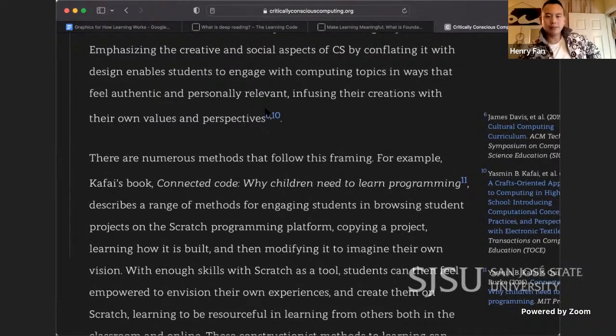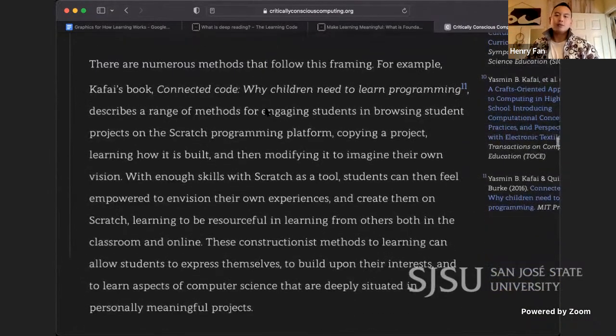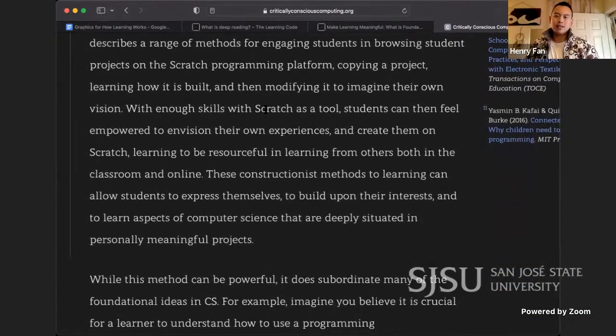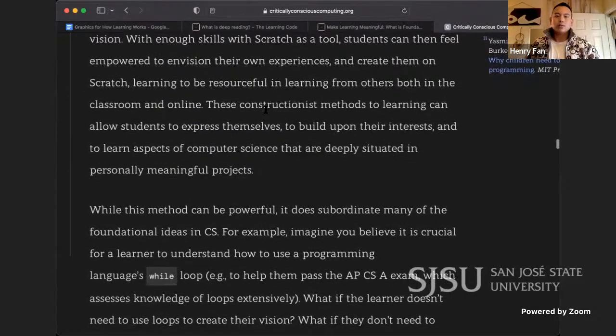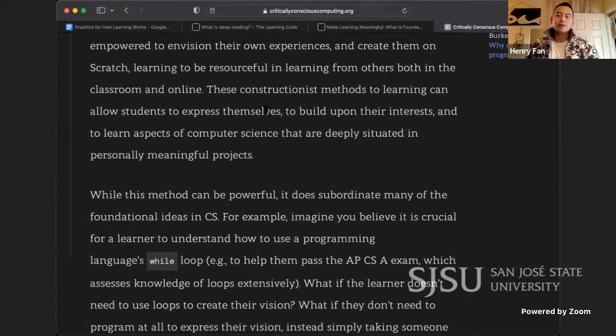There are numerous methods that follow this framing. For example, Coffey's book, Connected Code: Why Children Need to Learn Programming, describes a range of methods for engaging students in browsing student projects on the Scratch programming platform, copying a project, learning how it is built, and then modifying it to imagine their own vision. With enough skills, with Scratch as a tool, students can feel empowered to envision their own experiences and create them